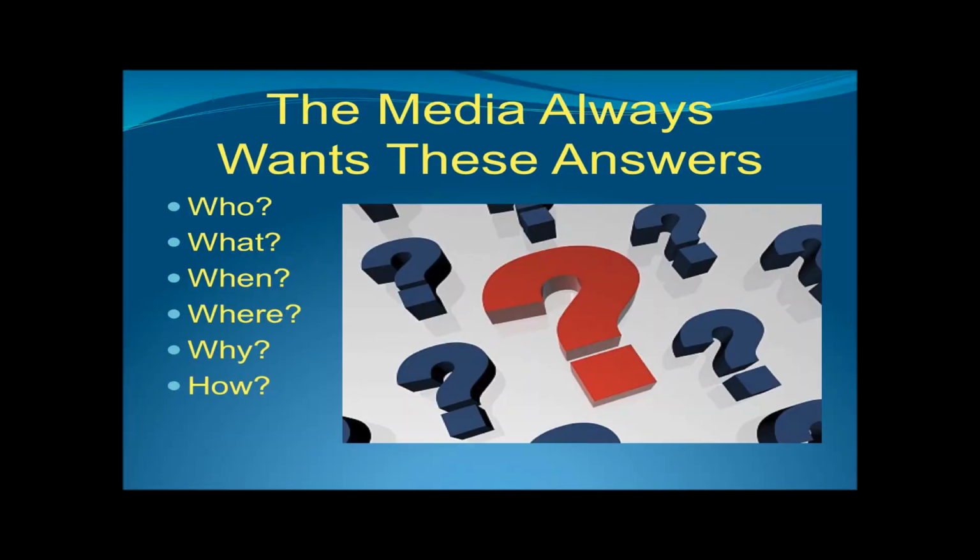Okay, what the media wants answers to. The same stuff that your 4th grade teacher wanted you to write when you were writing compositions: the who, what, when, where, why, and how. It's the why and the how that can get really problematic. A lot of times the causes of many things are just not easily answered right off the bat. Usually there are investigations or research. Also, sometimes there are political reasons why you haven't formulated a good answer yet, why something went terribly wrong. And an acceptable answer in many cases is, I don't know right now, but when we do know, I'll get back to you. That is an acceptable answer.